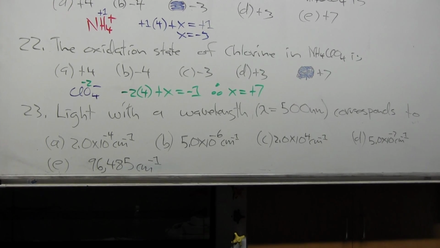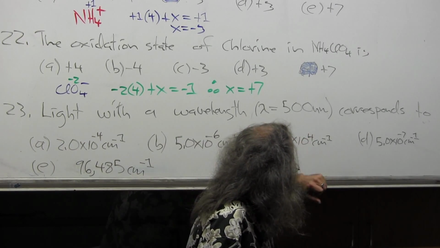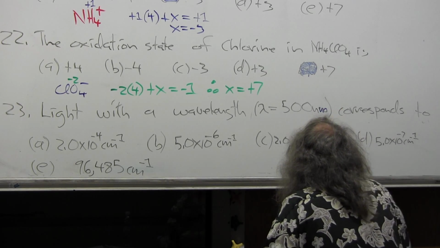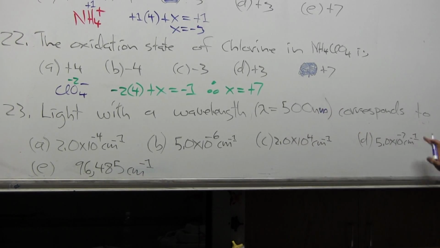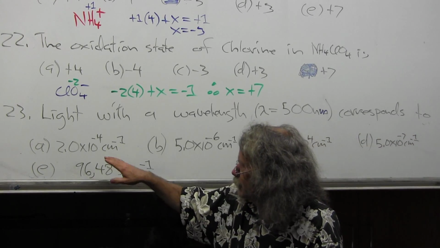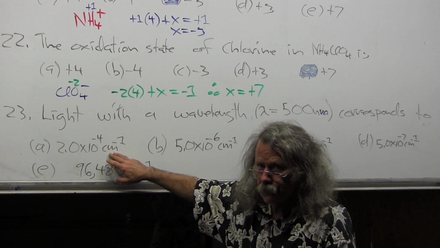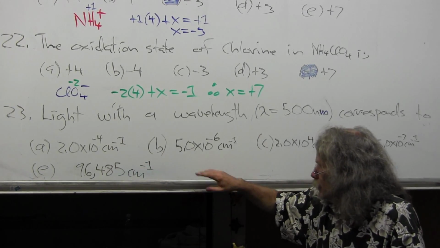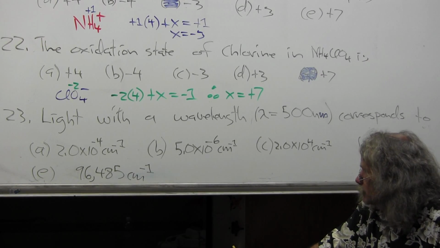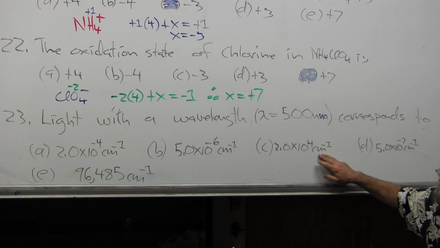Light with a wavelength of lambda equal to 500 nanometers, and that's supposed to be an m here, corresponds to A, 2 times 10 to the -4th reciprocal centimeters or wave numbers, B, 5 times 10 to the -6th wave numbers, C, 2 times 10 to the 4th reciprocal centimeters,